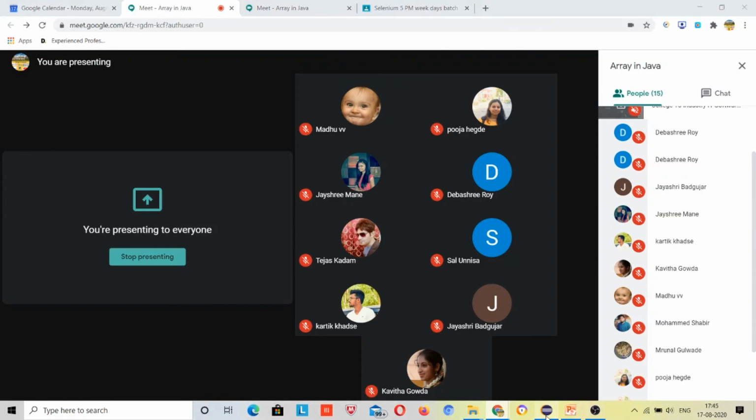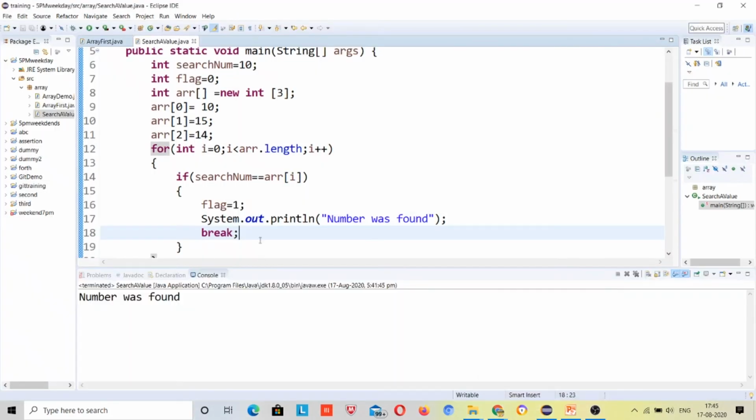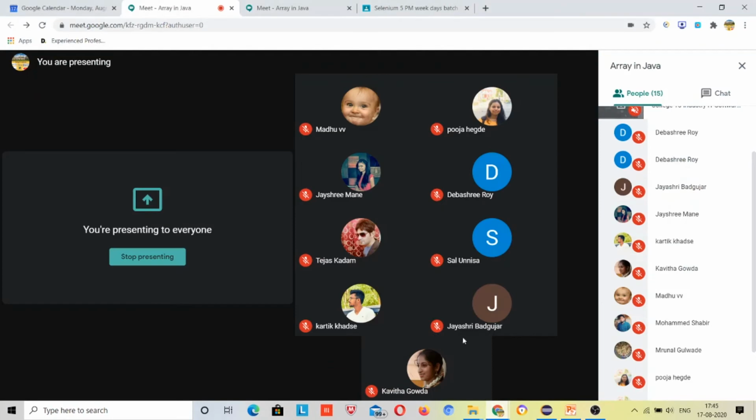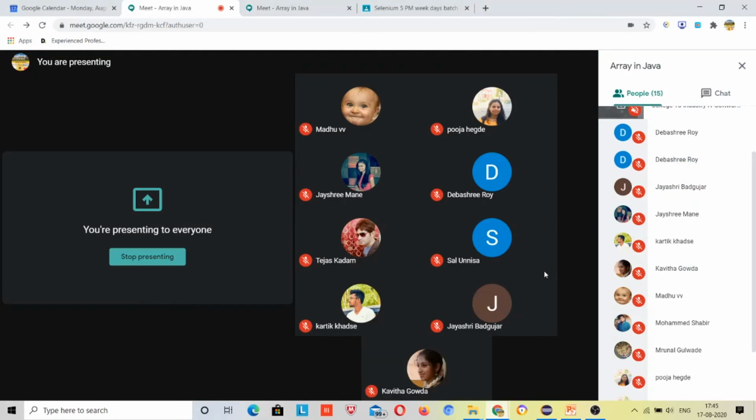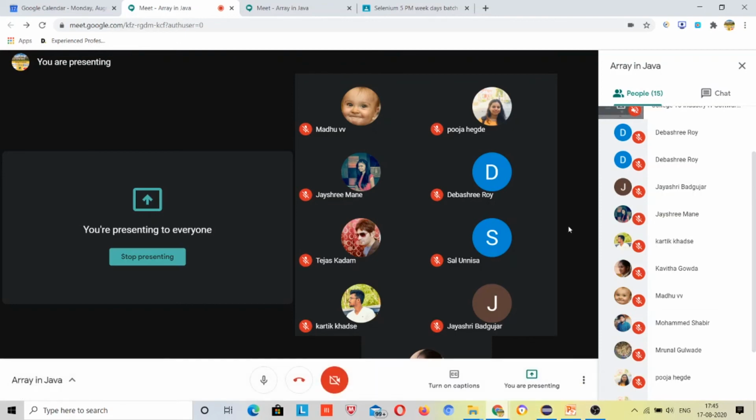And one more thing, if I give you a program to remove an element from an array, this continue statement will be used. And how we can use it in that case, you have to work out. This is your assignment. And now Karthik, first of all you ask your query, what you are trying to ask.